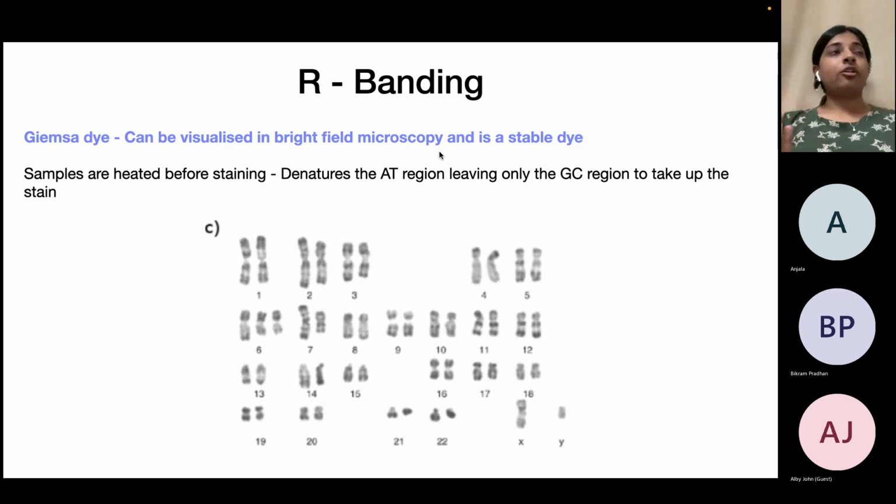So in order to avoid loss of essential genes, the cells have developed a telomere, which is basically repetitive sequences of DNA present towards the end of the chromosome that keeps getting shortened and shortened with every replicative cycle. So in R banding, because those regions are more